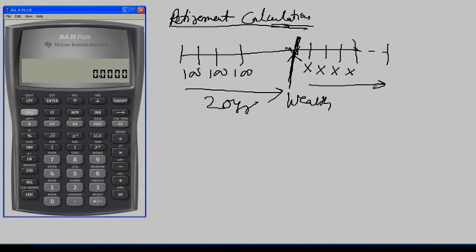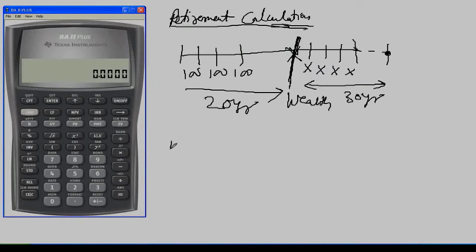Let's say he says that he will be alive for 30 years more. And in all this retirement calculation, we will assume that he will use all the money for himself. He will not leave any money for his son or daughter, unless it is stated in the problem. So we are interested in finding out, if he lives for 30 years, how much money he can withdraw. So this is one type of question.